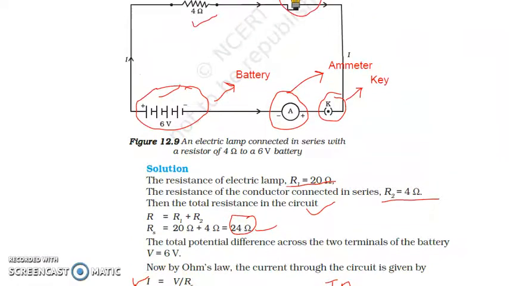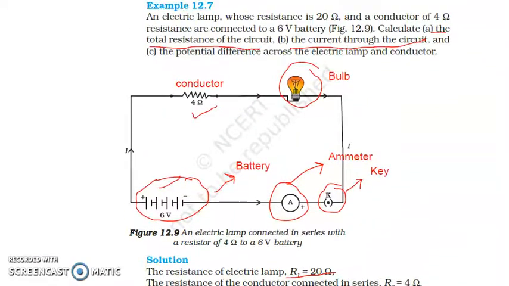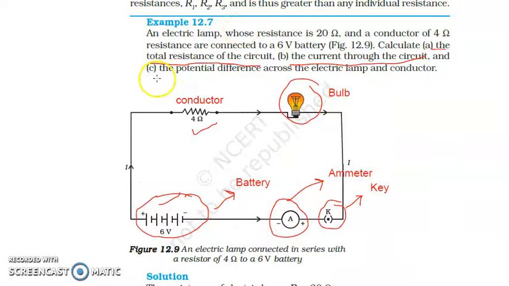Now let's move to the third part of the question. The third part suggests that we have to calculate the potential difference across the electric lamp and the conductor. Now we can clearly see that this 6 volt would be divided into this conductor and this bulb. Means whatever amount of potential difference we have, 6 volt, it will be divided in this conductor and in this